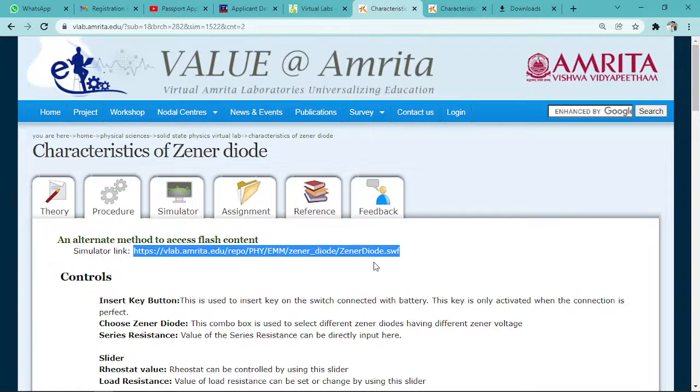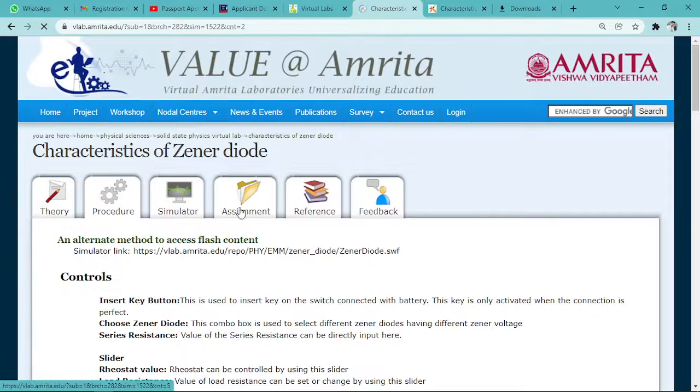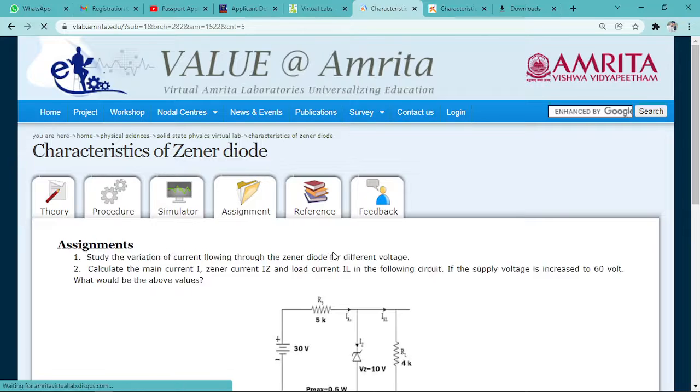This is run by the Amrita Vishwa Vidyapeetham. So the virtual Amrita laboratory is useful for the experiment, and you can learn. After that stimulator, you can see the assignment is also given here.